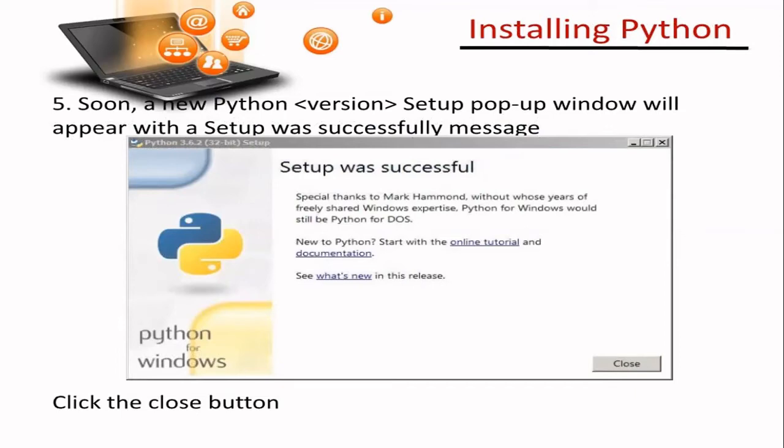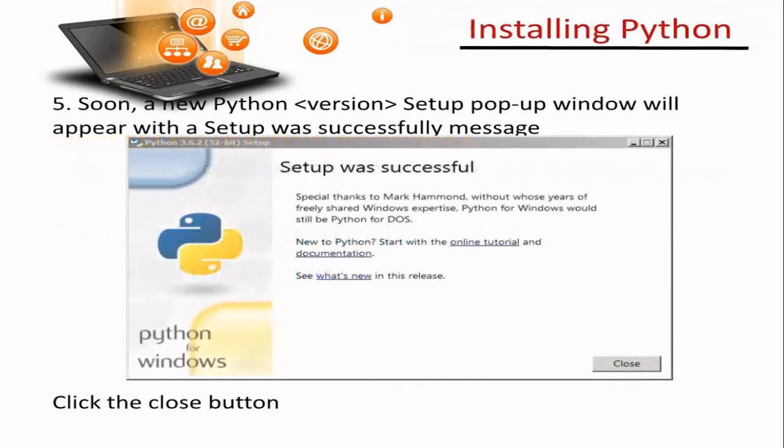Now, at times, setup may not be successful. So what will you do? You do the entire process again. If it's still unsuccessful, you do it again. If it's still unsuccessful after 3 attempts, I want you all to get in touch with me and let me know, with a screenshot of the error that comes on your screen. 99%, I am sure no one will get any errors and you will be able to install Python very easily.